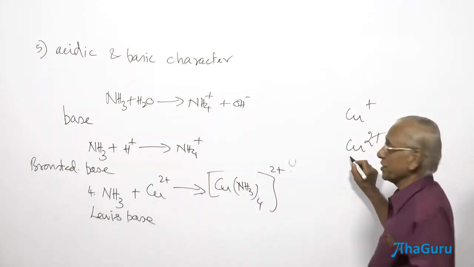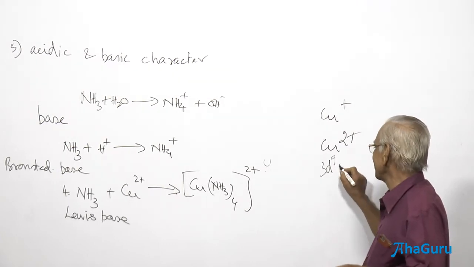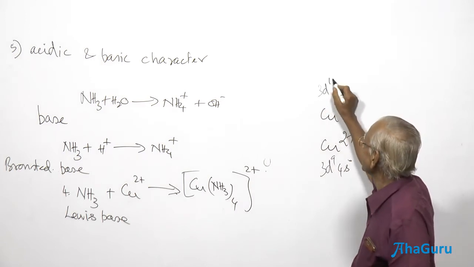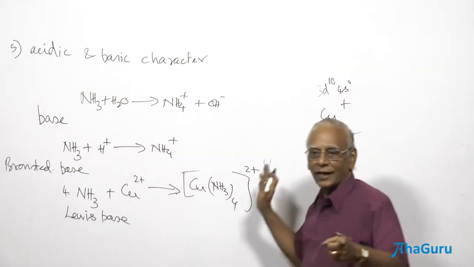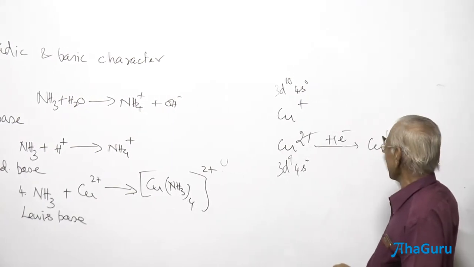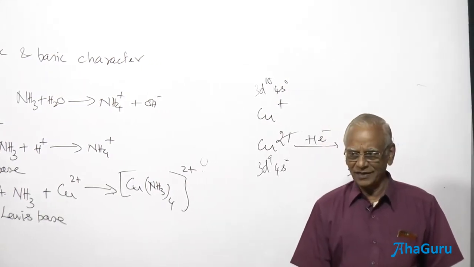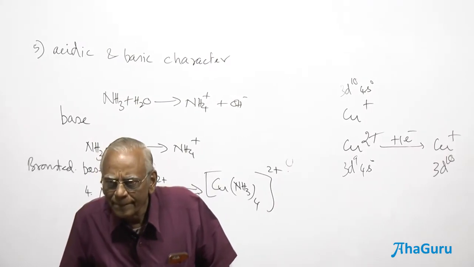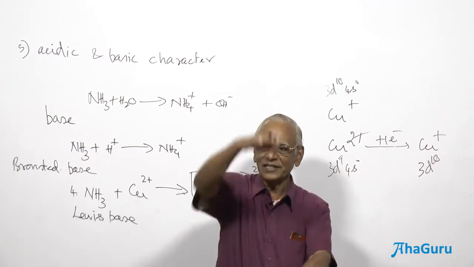The electronic configuration of Cu2+ is 3d9 4s0. What is the electronic configuration of Cu+? 3d10 4s0. Which should have attraction towards the electron? 3d9 only, because after accepting one electron it converts into Cu+ and becomes 3d10. It should be a spontaneous process. Do you think energy is going to be released or absorbed? Released. Why? Because it's more stable.